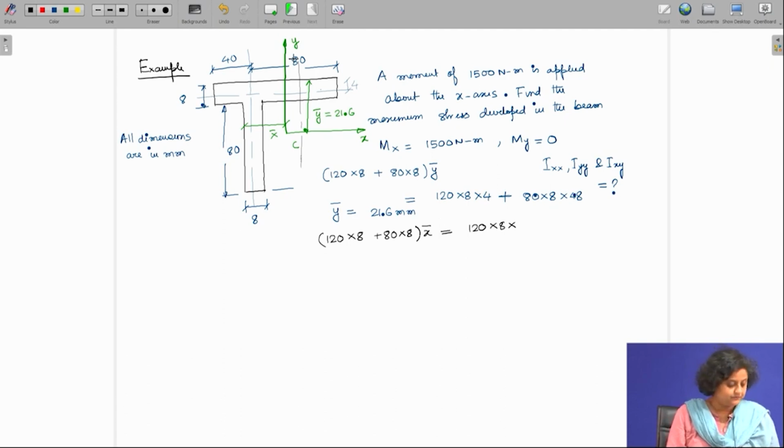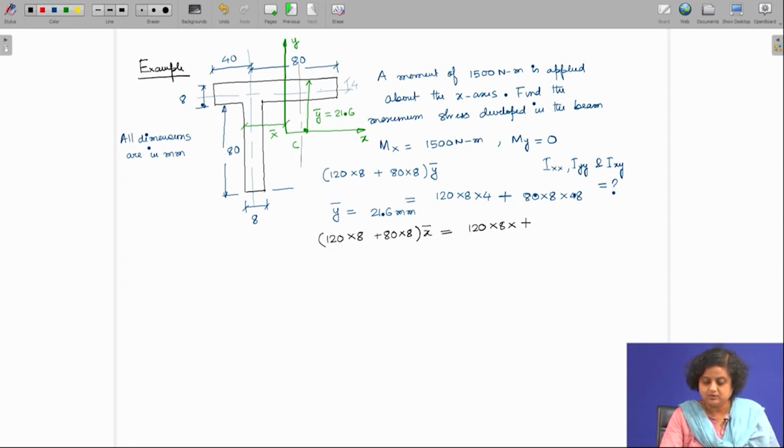So, we have 60 minus 40 plus this distance. So, we have this as 120 into 24 minus 16. So, we will have this as 24,